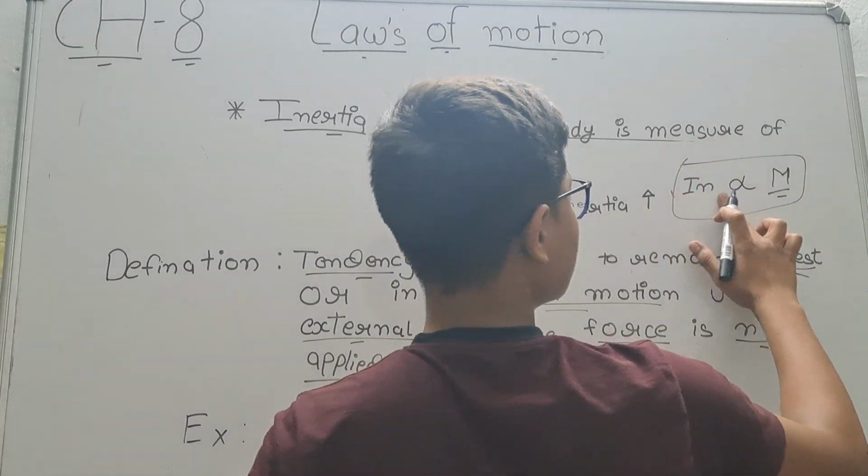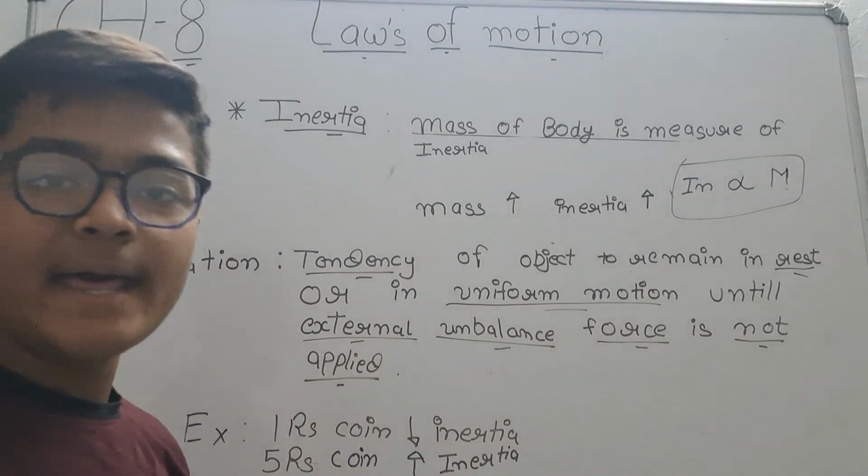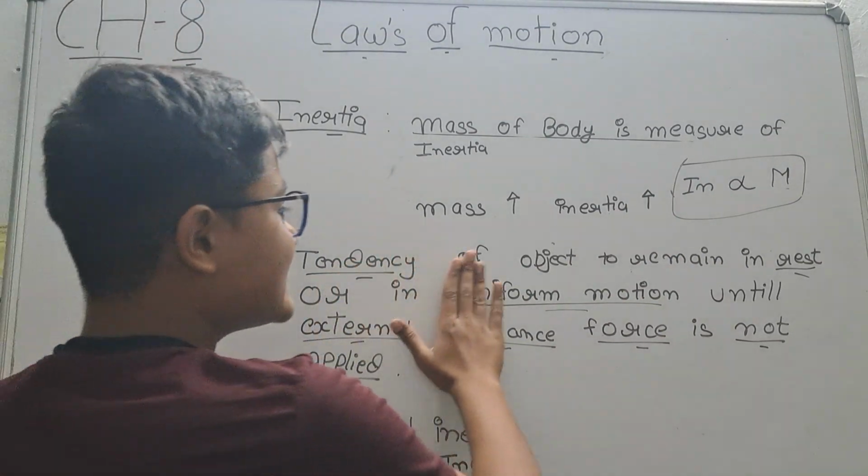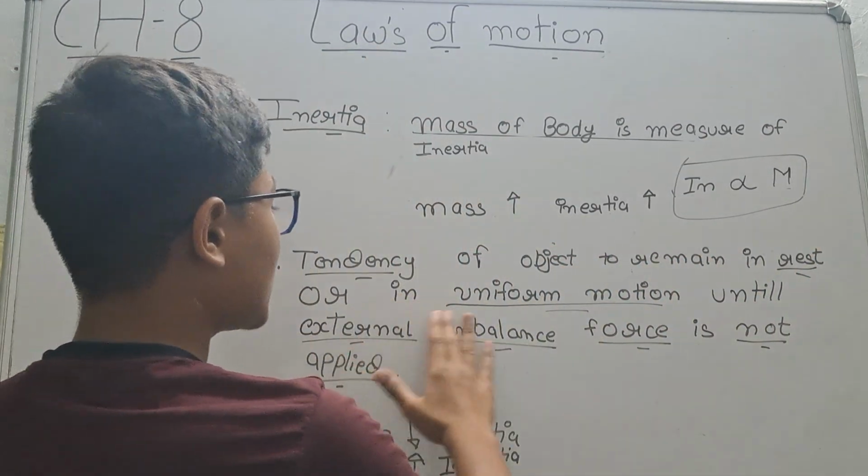Inertia is directly proportional to the mass. Now let's quickly see its definition: the tendency of an object to remain at rest or in uniform motion